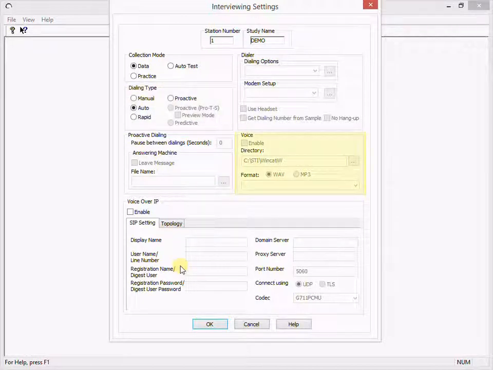The voice capture function is an optional software add-on that gives you the ability to record some or all of your interviewer's conversation with the respondent. It also has the ability to play pre-recorded sound files to the respondent, allowing you to get their opinion on